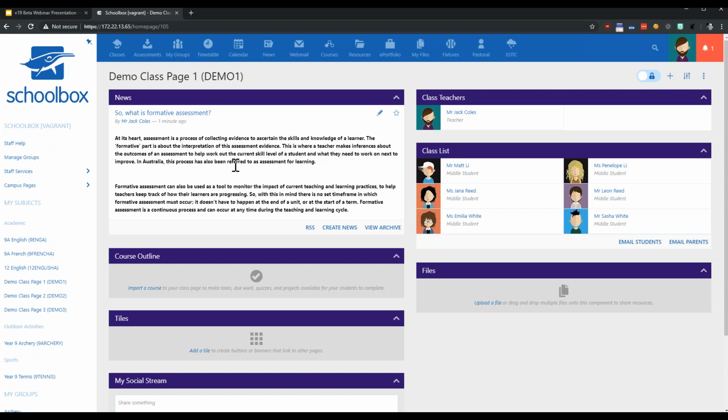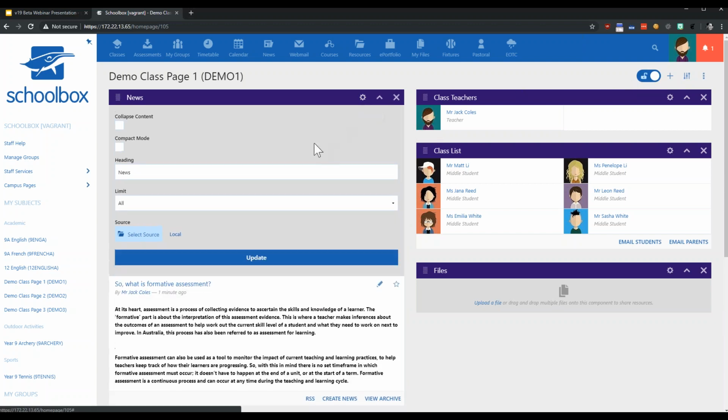We found this was a better use case for the way teachers were using it in the classroom. When you're using news in the classroom, you often want the whole news on the page, so it makes sense for the whole news to be posted. If, of course, you want to configure that and revert back to the old behavior, we've added a compact mode